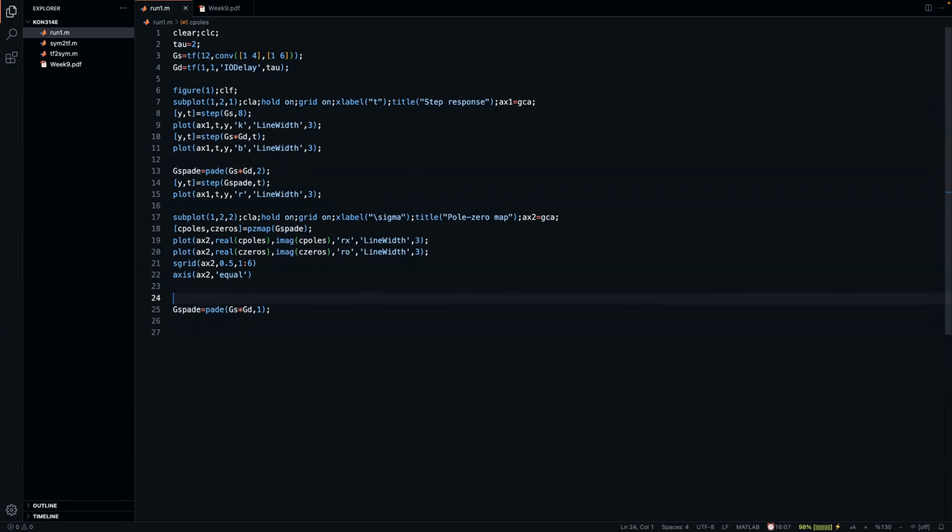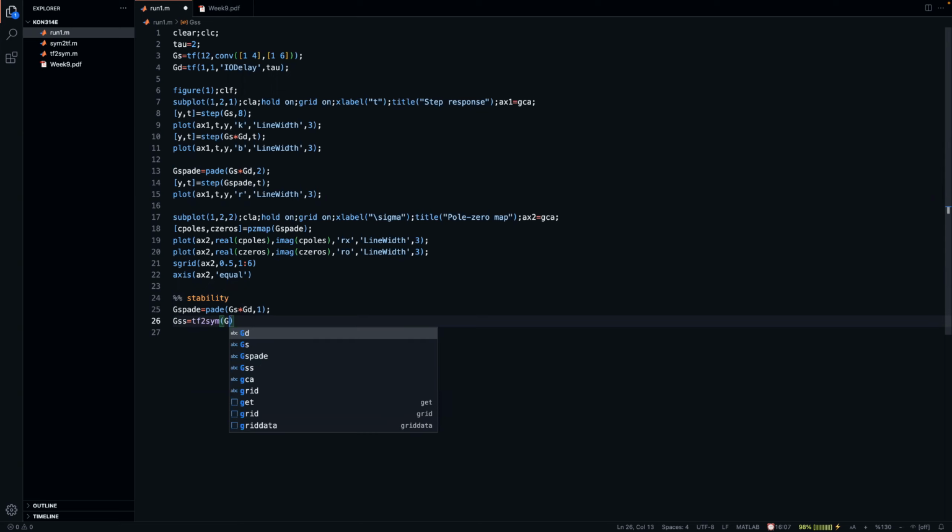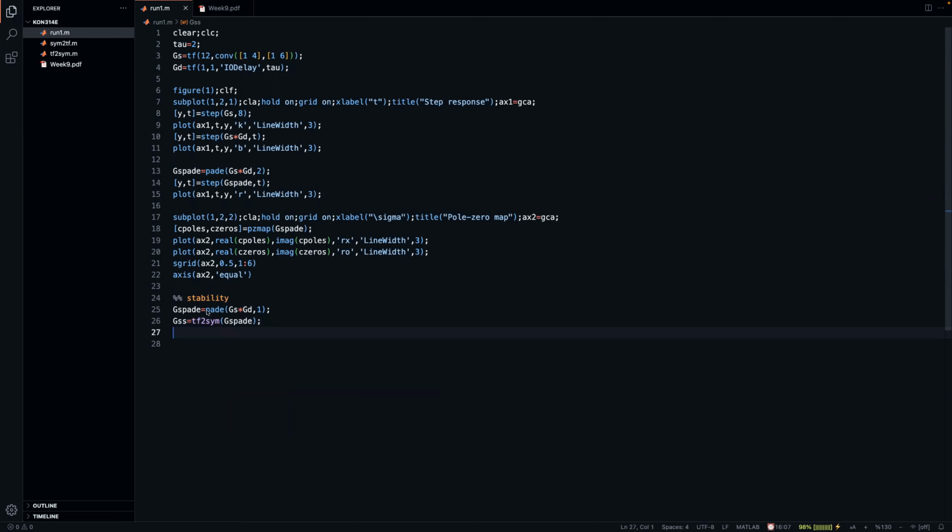So let's look at the stability. Now, of course, what we are going to do is use the Padé approximation itself. That's a transfer function, so I can convert it into symbolic with tf2sym, which I've added for simplicity. Then we are going to define K, and we're going to look at the closed loop, K times G(s)